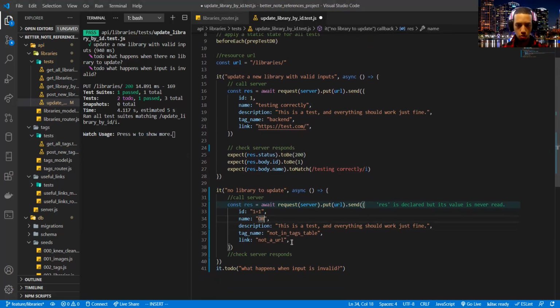This could be or equal. I guess I'll escape it.